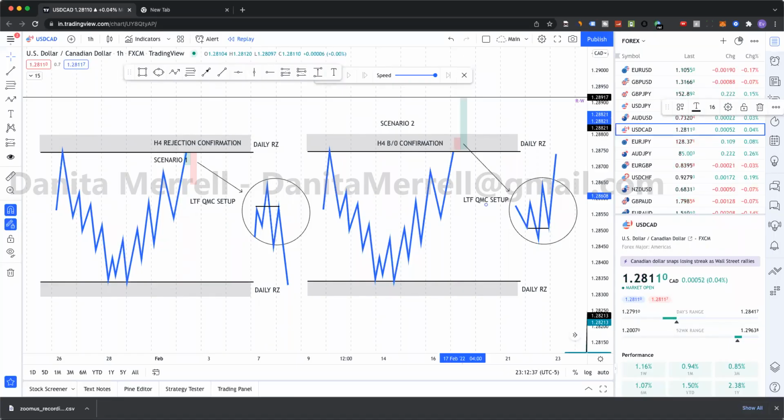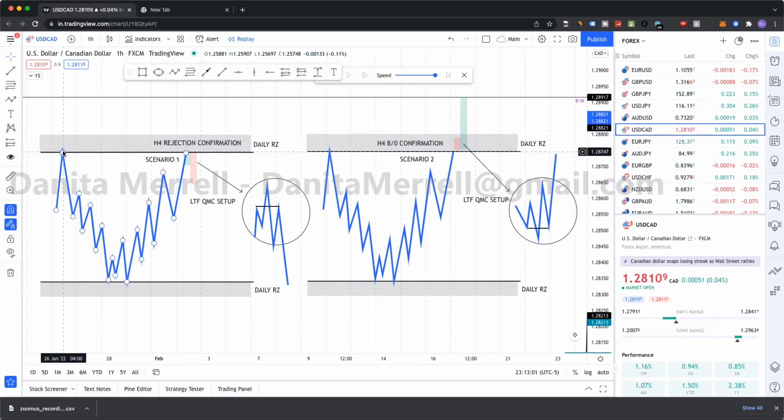In this lesson, we are going over confirmation in higher time frame zones. So here we have scenario one. Okay, actually, let me do this. This is scenario two. Oh, I already have scenario two up there. Okay, scenario two. So scenario one, we're looking at a daily rejection zone, which is going to be, you're going